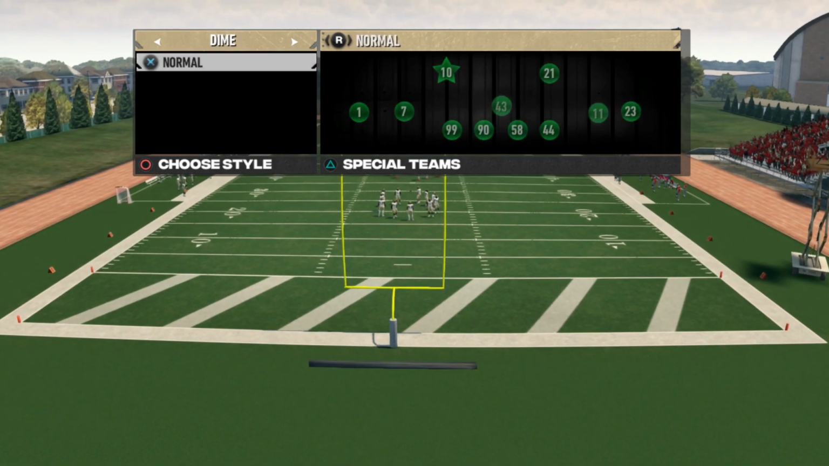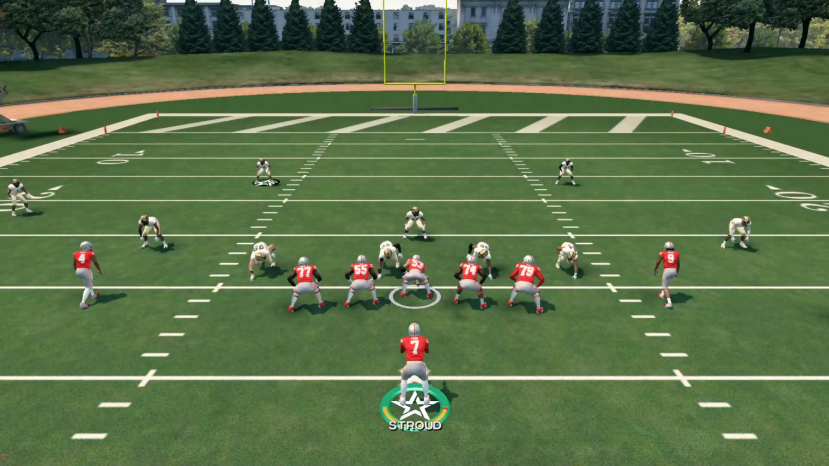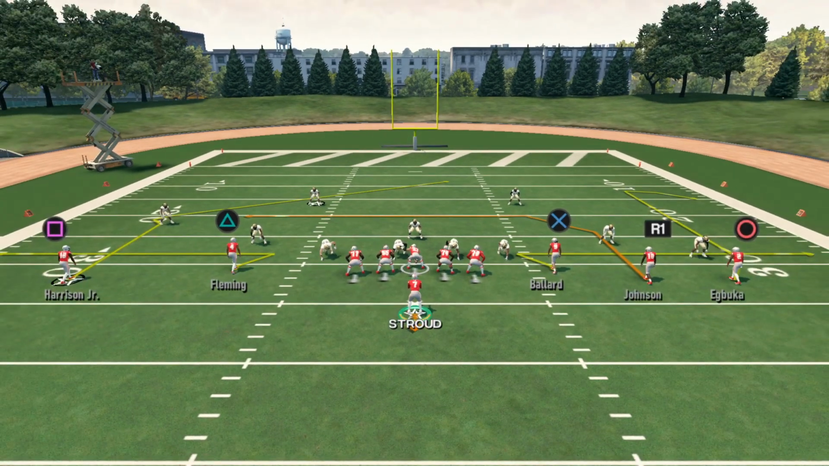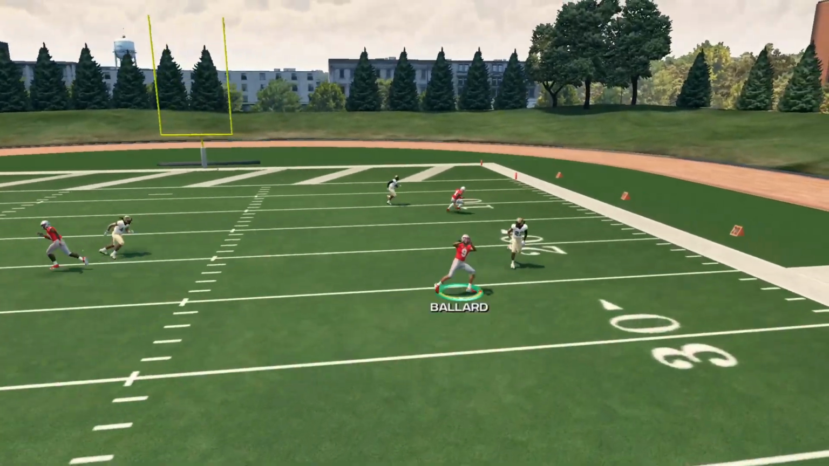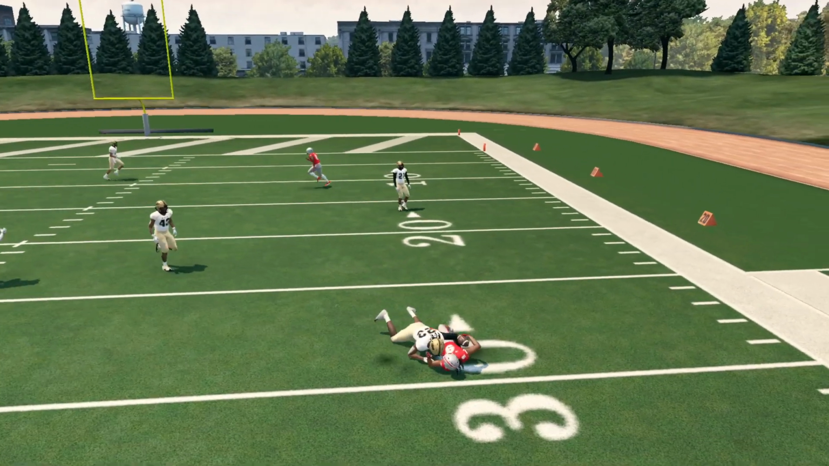The big thing that Urban Meyer loved to do was empty sets. Anytime he wanted to do a drop back quick passing game, he did it all from the empty. So if you want to do the same thing, you definitely can do that. I'm going to go ahead and go over here, just pick up a decent little play, some yards off